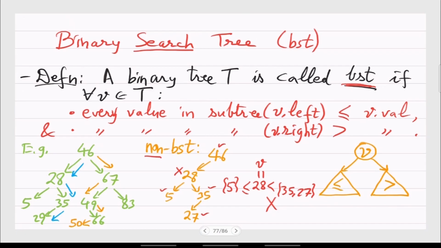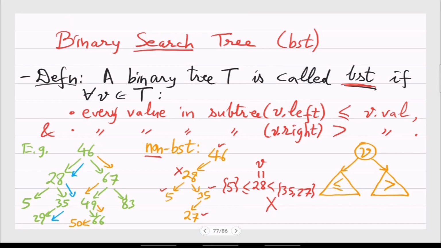In the green tree, how do you search for 29 and how do you add 50? Any questions? How do you insert 50? And so search, in fact, we even wrote the pseudocode, how to search for X in a BST T. And similar thing for insert.